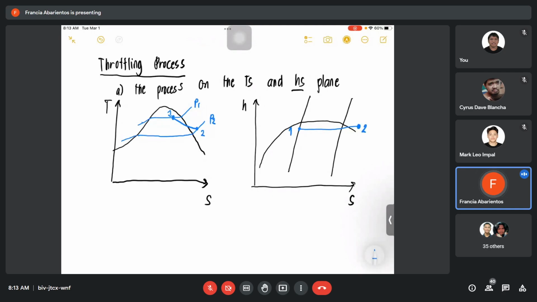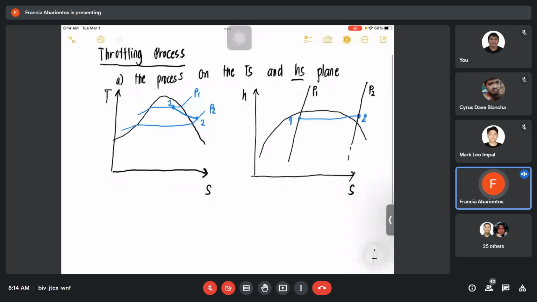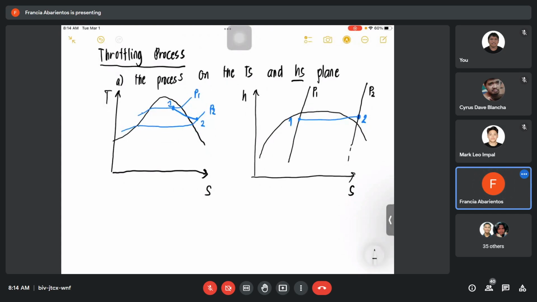So, what will be constant here, class, is the enthalpy, the enthalpy at the pressure at point 1 and the pressure at point 2. So, this is the process in a throttling process. I will teach you, class, how to solve for the throttling process. In a throttling process, class, it is a fully irreversible, steady flow, adiabatic process,